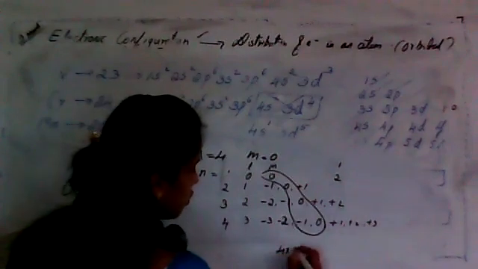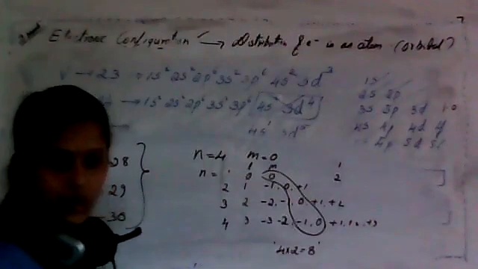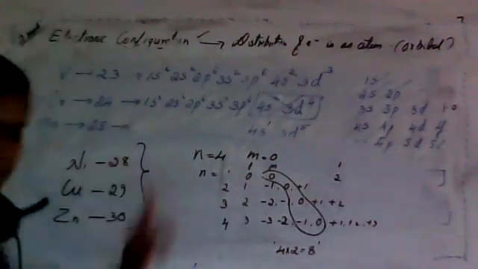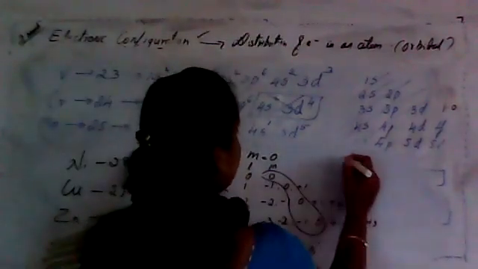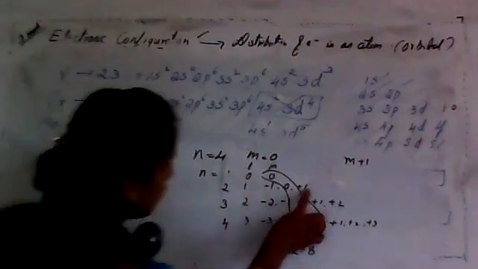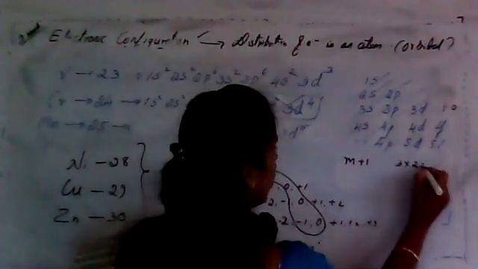Each orbital has 2 electrons, so the total number of electrons is 8. Is this clear, student? If the question is m plus 1, then 1, 2, 3, so that is 3 into 2, that is equals to